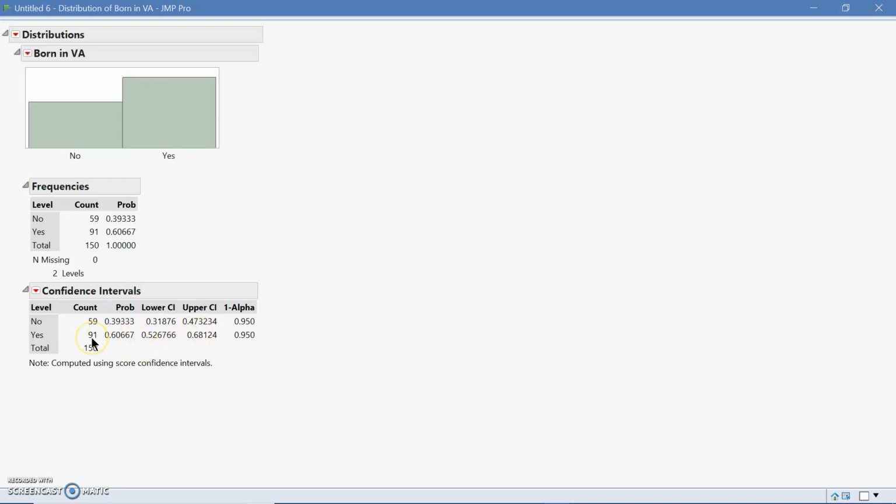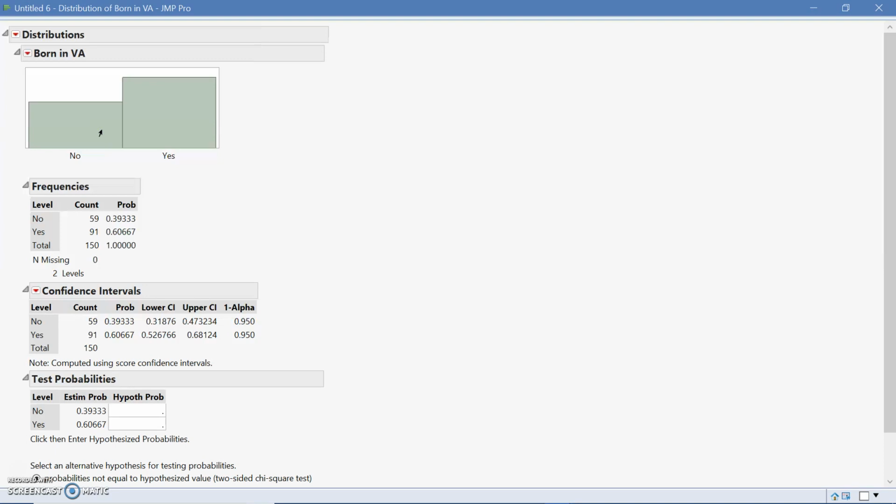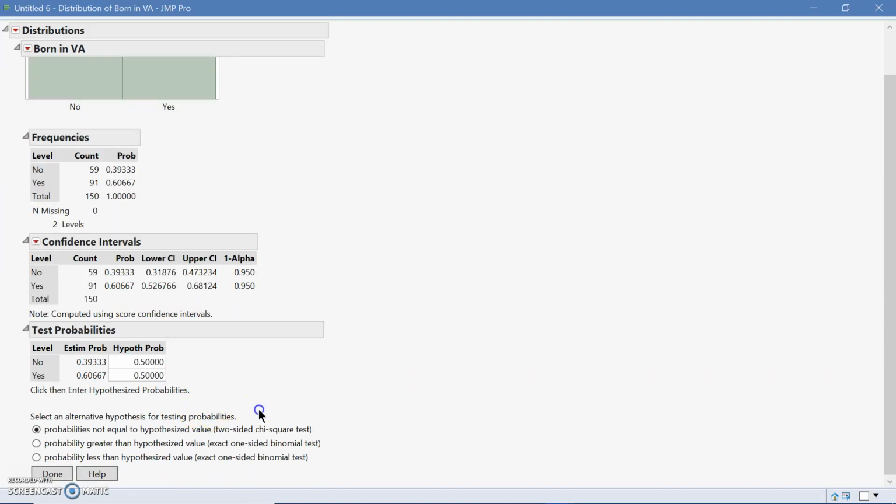Alright, so let's say we want to go a step further and test our probability. We'll go test our probabilities. Then we have our no and then our yes probabilities from our confidence intervals. Let's say we want to say that it's 0.5. So half for all. Alright. And then it's very important that we select the hypothesis that we're going with. And then we're going to say that this is two-sided. So we're saying it's not equal to, or that there is no difference. Then when we hit done,